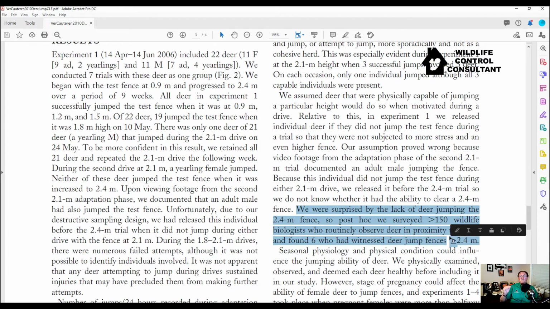However, for the vast majority of situations, an 8-foot fence does the job. And in some cases, if the deer are not stressed, you probably can get away with something lower than that. So you can have like a 7-foot high fence and maybe put some barbed wire at the top to make up the extra difference. That might save a lot of money in terms of the weight of the fence and the amount of money you're paying.